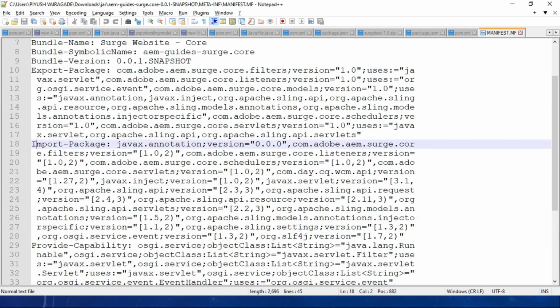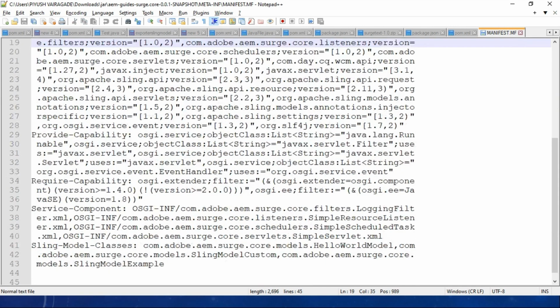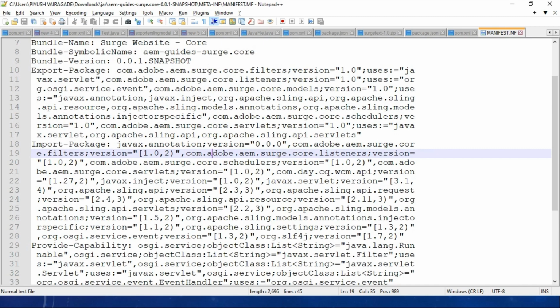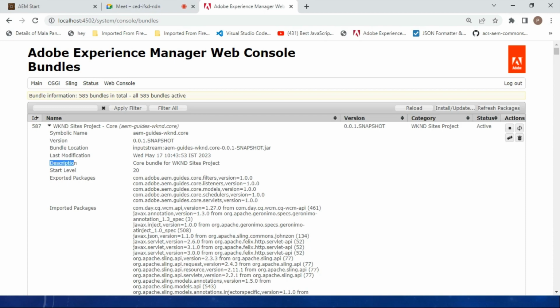Here you see the Import-Package header. So just like I want annotations, like advanced annotations. From all the APIs we are already importing here. Like servlet maybe somewhere, and some OSGi services, some scheduler. Yeah, scheduler is here, listener is here. If you want all of these things, if you want to import them, then you can easily import them. And these listeners, and these schedulers, this search, this model annotation, all the models that are present inside